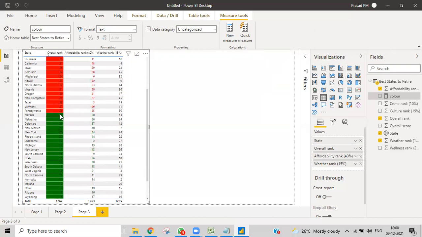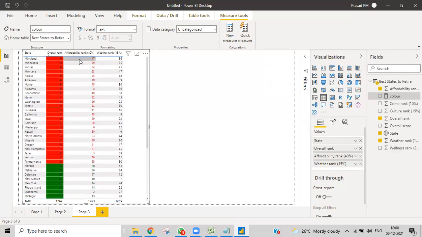So for these, whenever it is below 25, we get the numbers in green. Whenever it is above 25, the overall ranking, we get the font color in this particular red color. So got the point. And the URL concept, I'll let you know. That's not a big thing. I'll let you know when that kind of scenario comes, and then we'll do that.